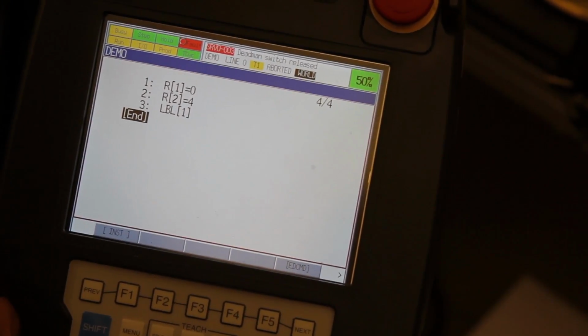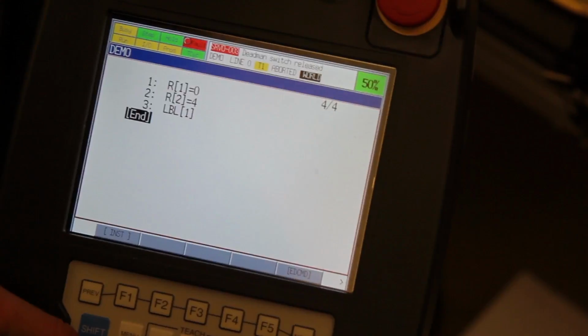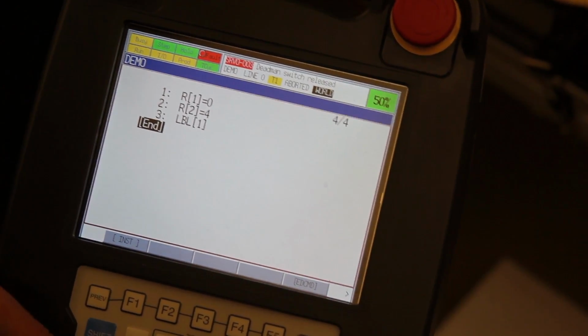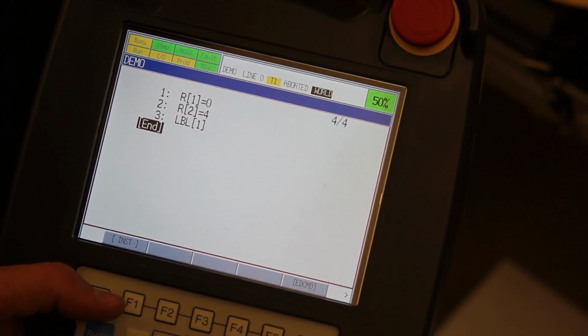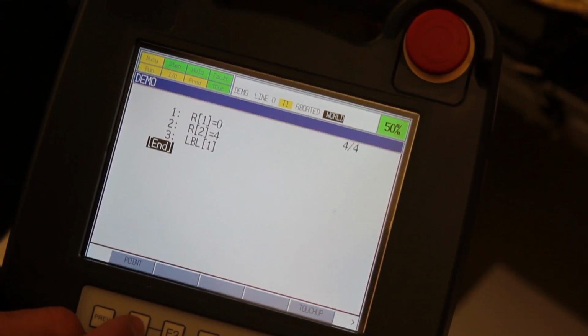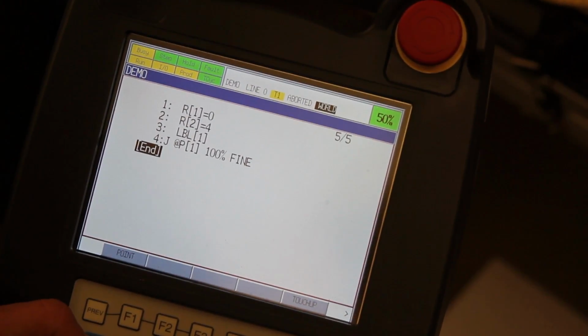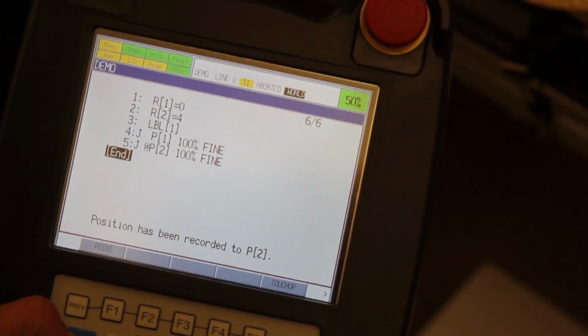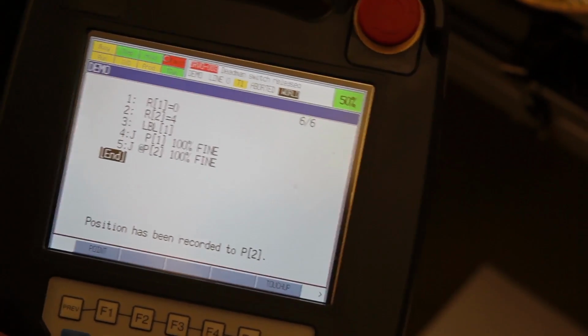And we'll press enter. From here you would go ahead and start programming some of your points, or at least insert more lines to be able to program points in the future. So I'm going to go ahead and add a few points, move the robot, just so you can get an idea. Now that we've added those points,